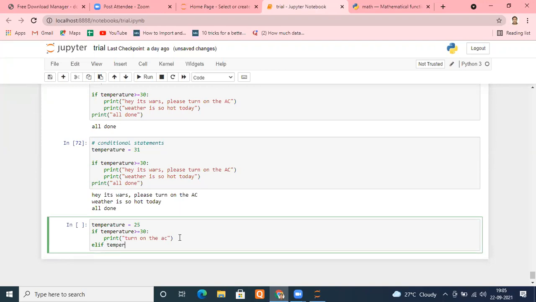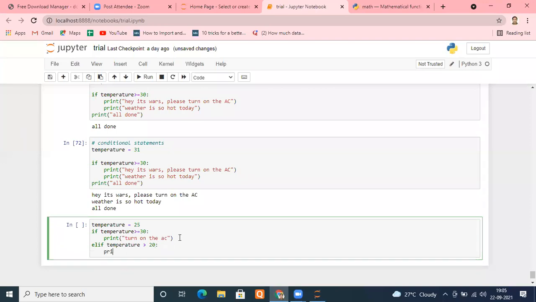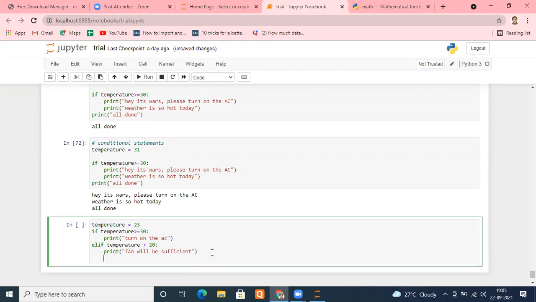Temperature is greater than 20. Print "fan will be sufficient". Okay. Is it fine? We want further condition to be checked.